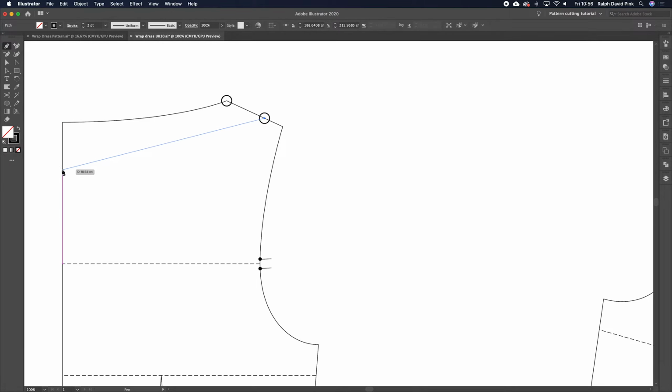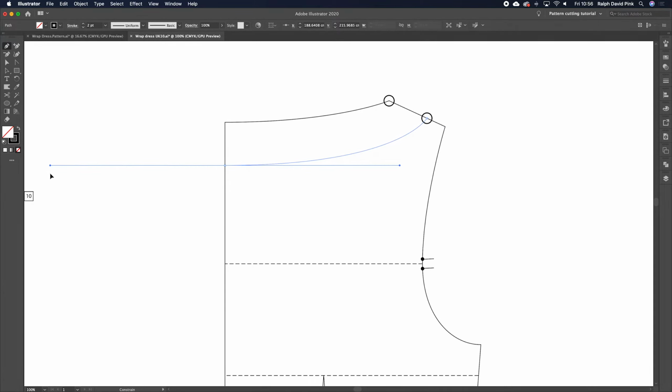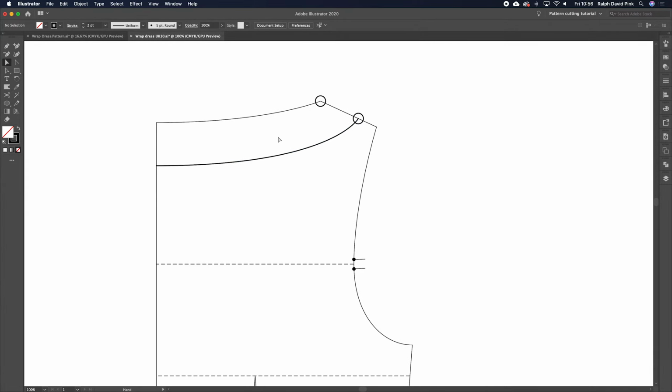I'm going to go down roughly by about 3.71. I'm going to wing it. Let's make it about here. Click and drag using the shift key to lock it to the horizontal, and I'm going to create a line roughly like that. Next I'm going to trace off, so I'm going to get this point, point, point, and then